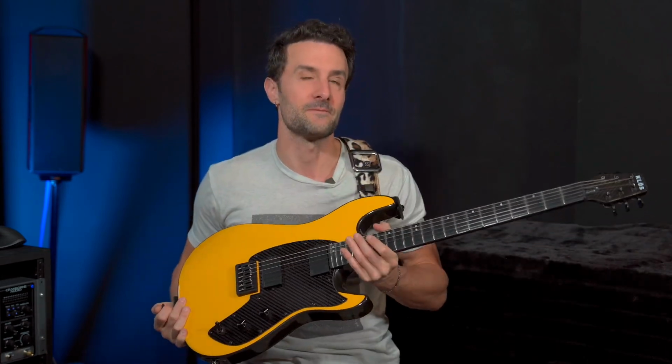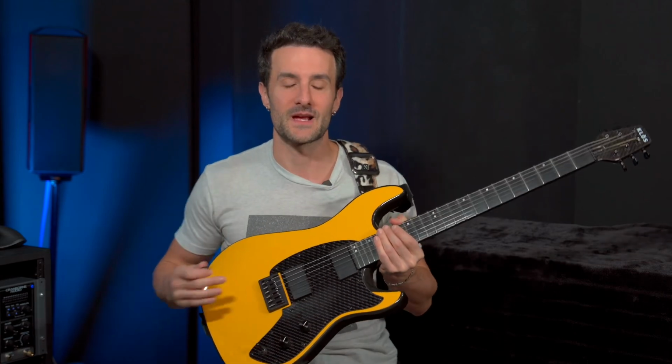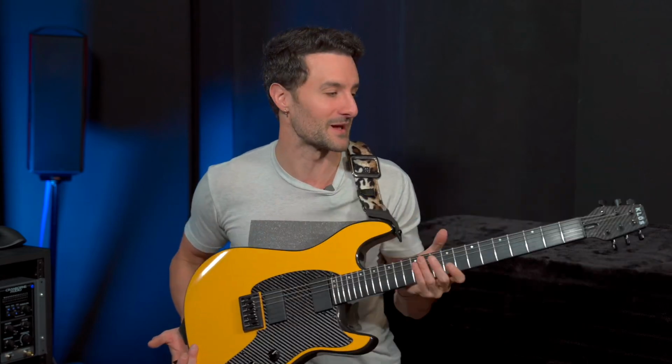And these just have beautiful pickups in them. They're really high-end pickups that were designed especially by Klōs. I tried the Fishman pickups and then the Klōs pickups, and the Fishman are actually an upgrade, but I really love the Klōs pickups. They're fantastic sounding pickups. Check out this little sound demo. I hope you enjoy it. I'm going to add a little reverb and delay, but other than that, you're just hearing the pure sound